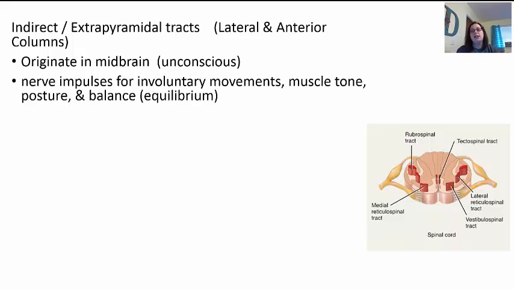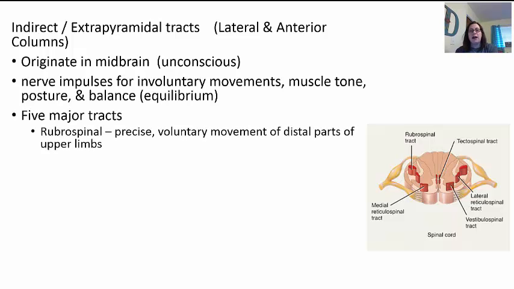One way you can really see these work is if you stand on one foot with your eyes closed. If you do that, you can actually feel your body compensating to help you with your balance. That compensation of the movement of your foot, your ankle, and your leg is going to come through these indirect tracts that we're going to look at. Now again, I don't expect you to memorize these tracts, but you do need to know that there's direct and indirect, and what does that mean?